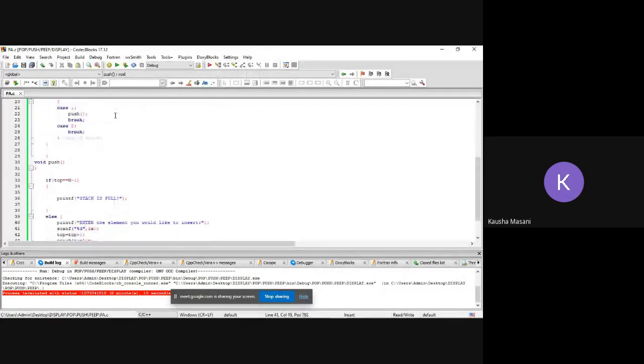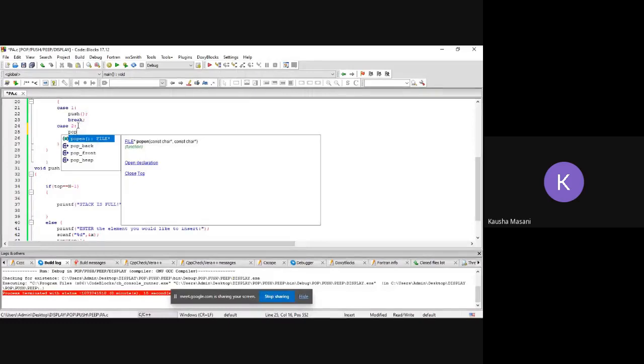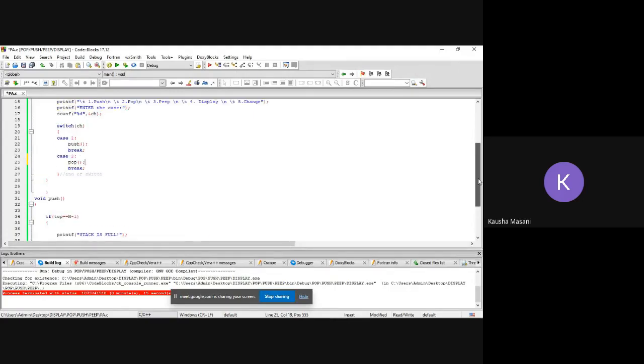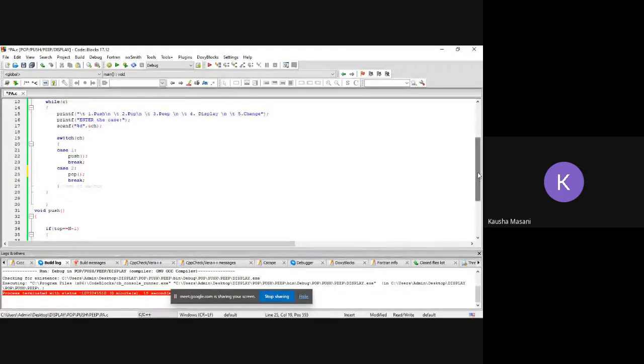Do one thing. Comment case number 2. You have just written case 2 and break. Comment that. Yes, but still you have to comment because the pop operation is not implemented, so it is going to give you an error there. So case 2 entirely.